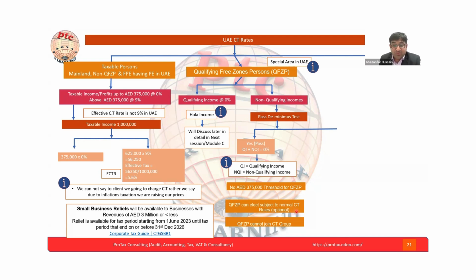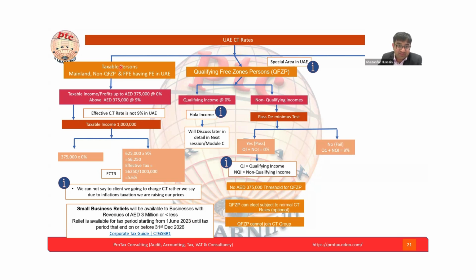But again, this may vary from organization to organization, operation to operation, or by business structure, because maybe they want to be part of a corporate tax group. A qualified free zone person cannot be part of a tax group. But again, we have to evaluate the strategy for each business, its operation and the grouping structure, to see which will be beneficial. Here you will not get the 375,000 threshold for zero rated. It is optional for a qualified free zone person. We mentioned the qualified free zone person cannot join the corporate tax group, but if you opt for this, then you can go. Small business relief will not be available for the qualifying free zone person,